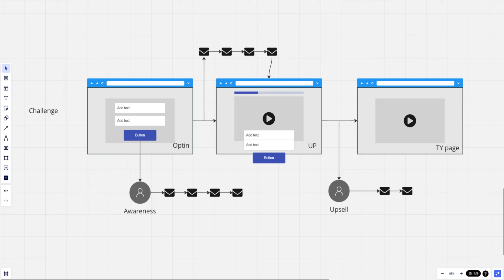So the most important part about building a challenge funnel is first, the product, the type of challenge that you're going to be building. So you really need to identify your customer audience, and you need to understand what they are looking for. Okay, and you want to be very specific, because, for example, building challenge funnels as a funnel builder is going to be a different topic than building a challenge funnel for a coach that is trying to build his or her own challenge funnel, right?